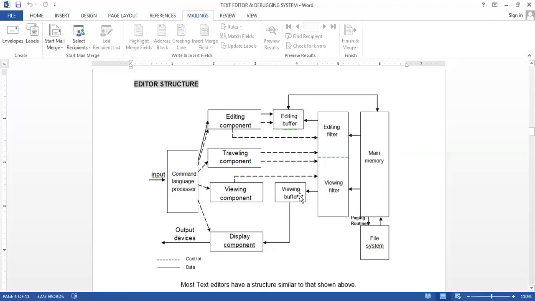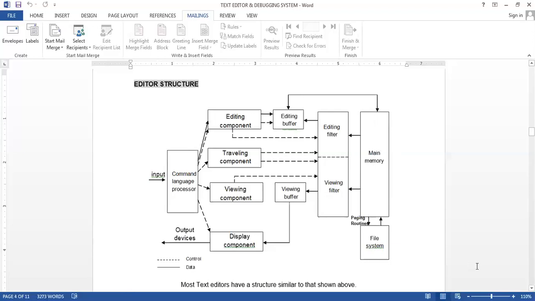Same with the view component: what we want to view will be given to the viewing filter, and what we have edited will be stored in the viewing buffer. From the viewing buffer, it will be given to the display component. After performing all the editing, the final view will be given to the display component, which will give it to the output devices. Okay, so later on the main memory and all the file systems.